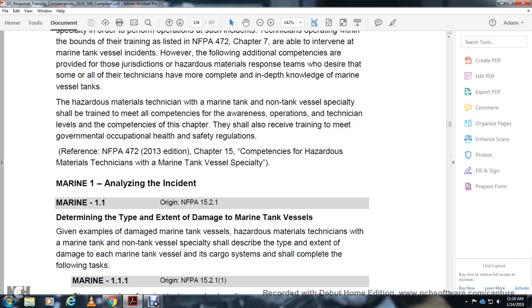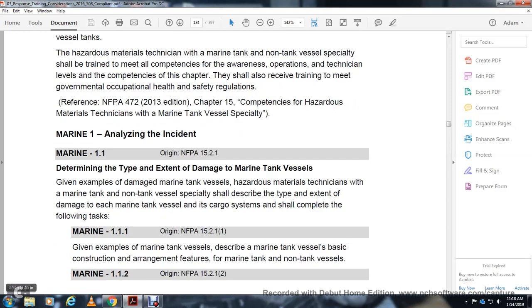Marine 1, analyzing incidents. Determine the type and extent of the damaged marine tank vessel. Given examples of damaged marine tank vessels, the hazmat technician with the marine tank, non-tank vessel specialty shall describe the type and extent of the damage to each marine tank vessel cargo system. Shall complete the following tasks. Given examples of marine tank vessels,